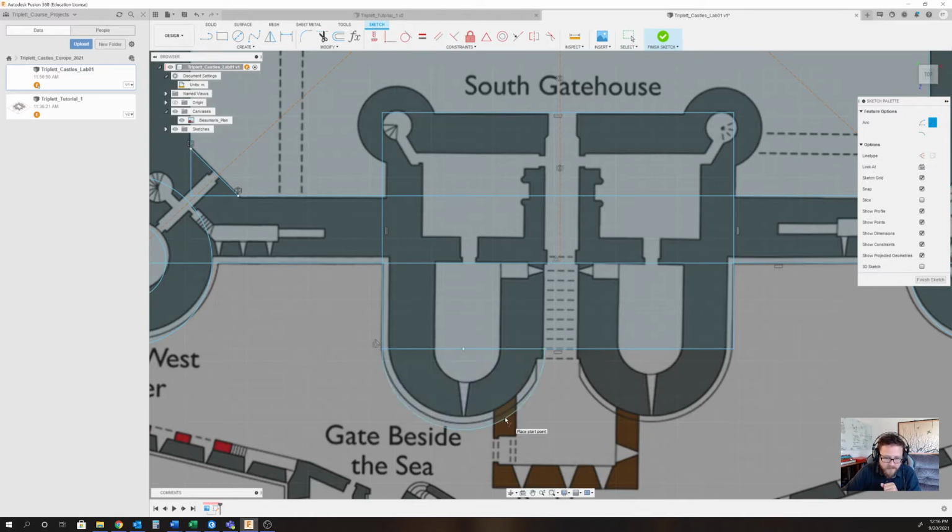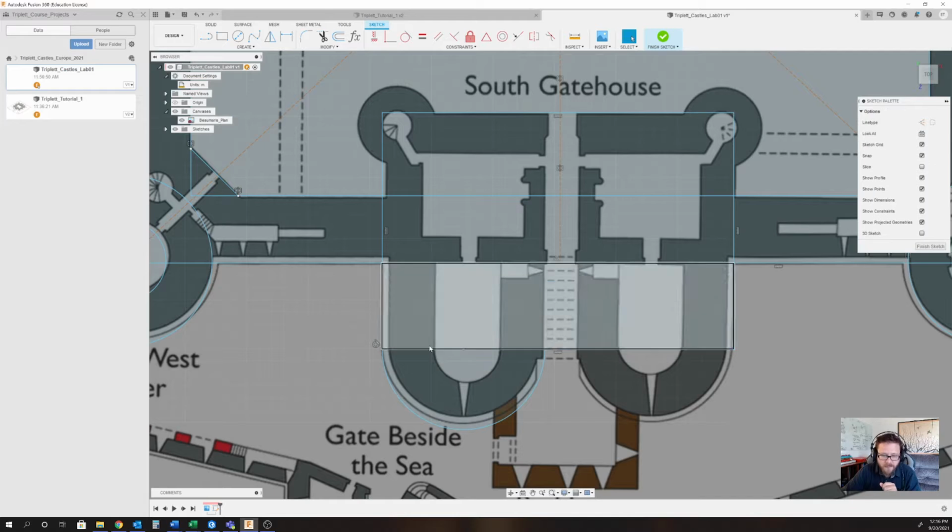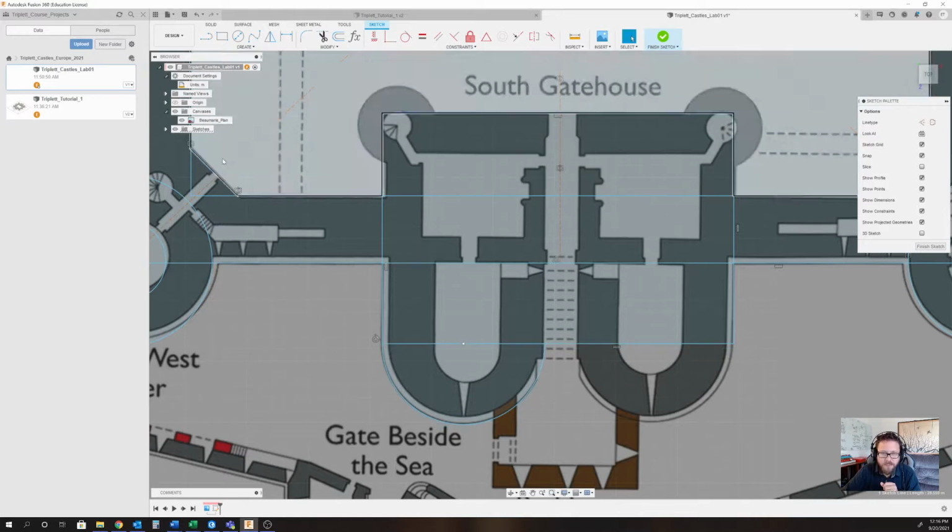Okay, we want this to be tangent. So what we may need to do now is pull this line in until that starts to align a little bit better. That's a little better. Okay. We also want to make sure that we get